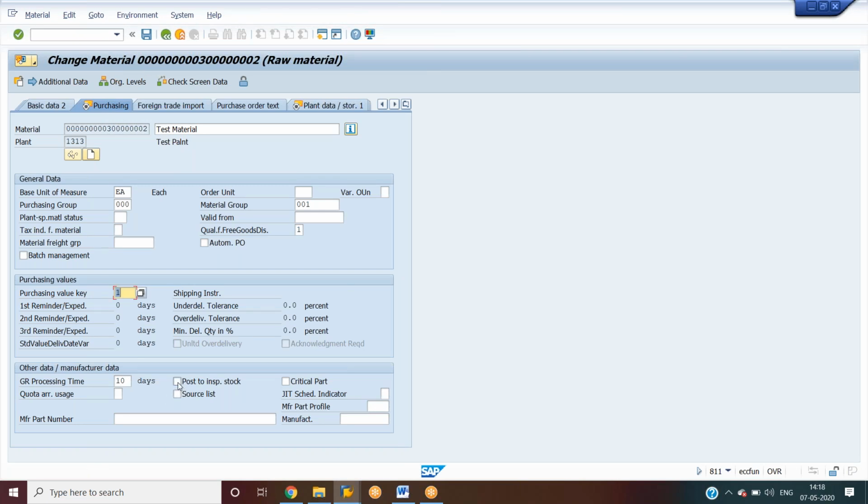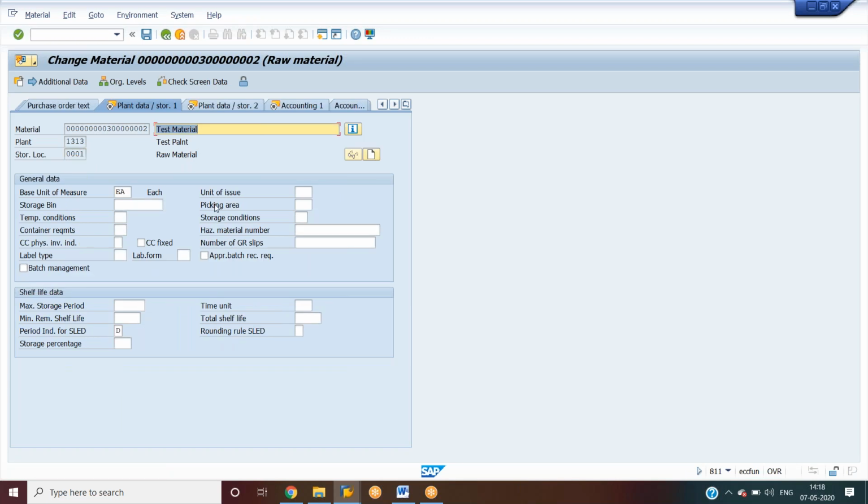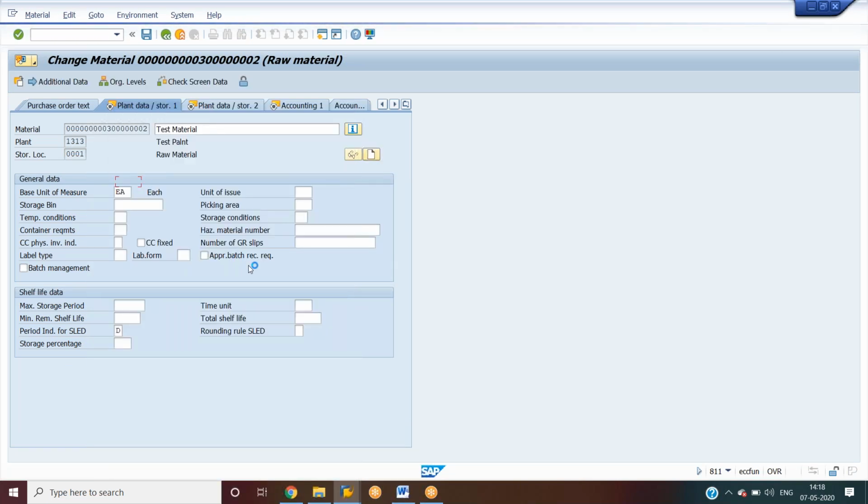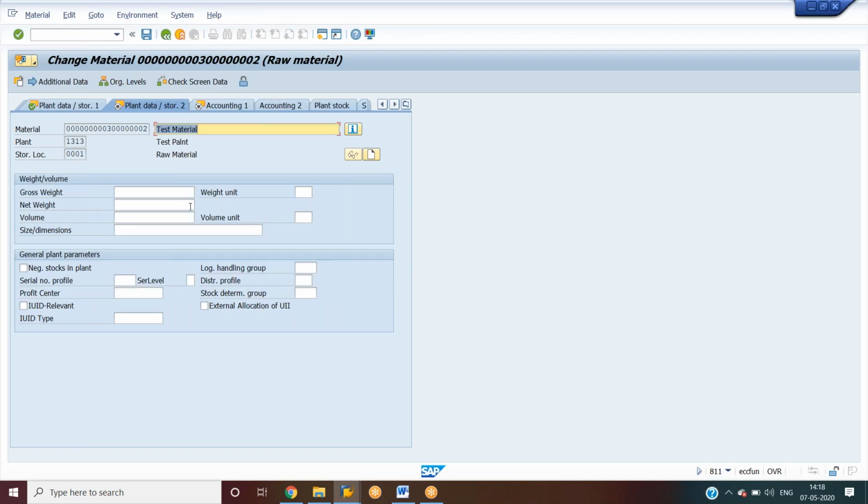Post to inspection stock, we have 2 types: with lot creation, without lot creation. So if it's activated, then it will be with lot inspection. Temperature conditions I am maintaining as 01, and this also I am maintaining as 01.